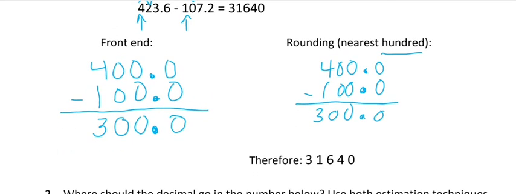This will mean that when we go to our final answer, we want to place the decimal place so that the number turns into something close to 300. If I was to put my decimal after the 3, then this number would read 3.1640, which is not close to 300. If I was to put it after the 1, this would make it 31.64, which is closer to 300, but it's still not as close as we can get, so we'll